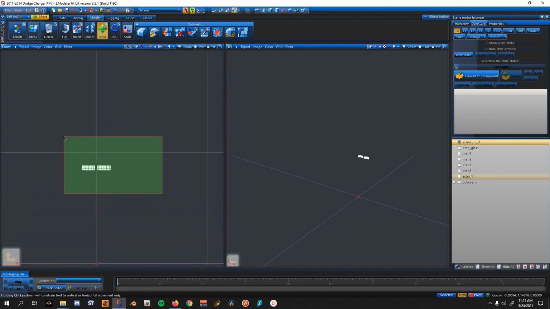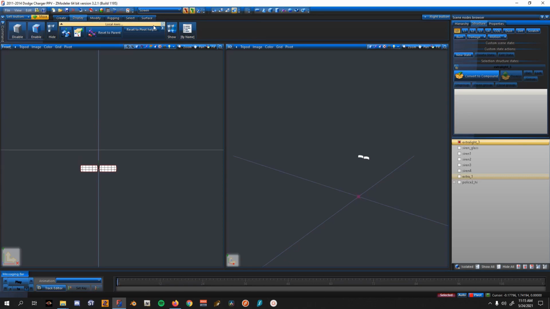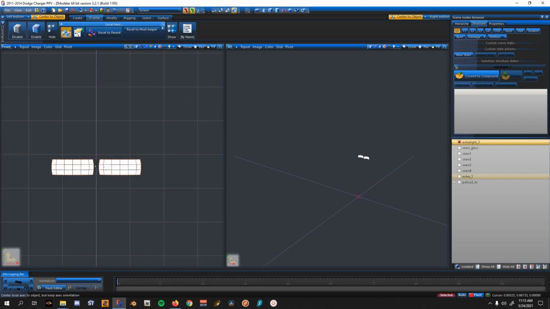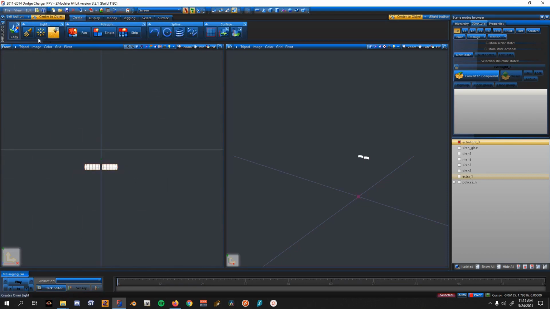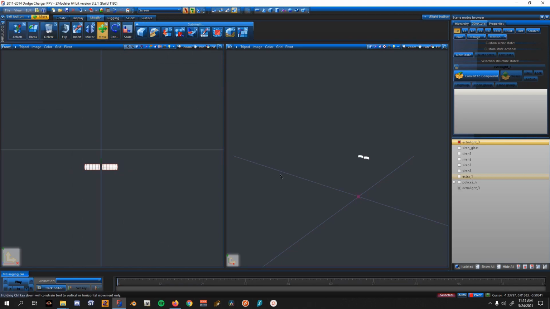Makes sense. So select it, auto off, display, this little drop down right here, reset to world, make sure X and Y are on, left click, and then come back over here, sensor to local, axis, left click again, and this green thingy should be right in the middle. Create, copy it, modify, you could deselect it, auto back on, and then right click on the copy, convert to